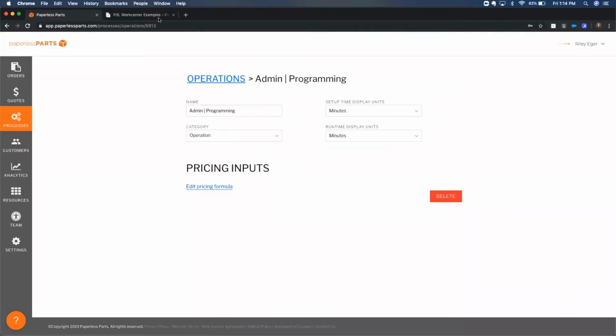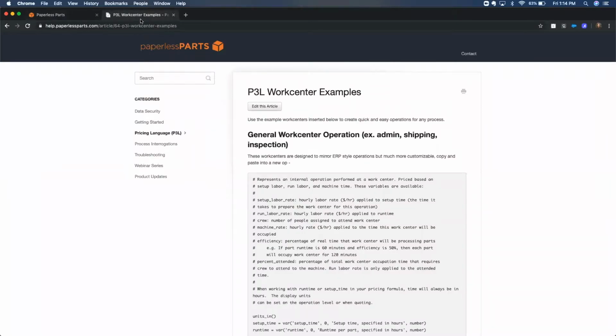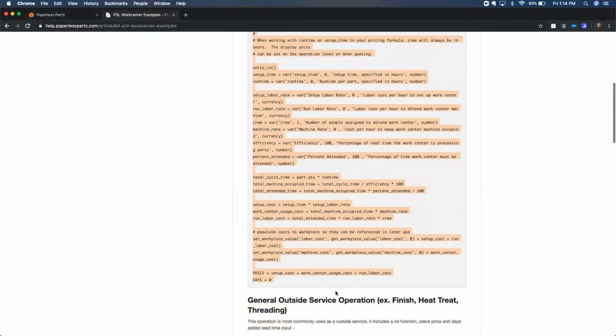Inside of admin dash programming, we're going to drop another generic work center in there, but it's not going to involve any sort of interrogation. So it's not going to look at the geometry of the part quite yet. We could definitely take that approach if people wanted to, but for the sake of just trying to keep it simple, we're going to use just a general work center operation. So general work center operations have all sorts of good inputs in them. They're able to cover a lot of the same processes that people think about and use in their